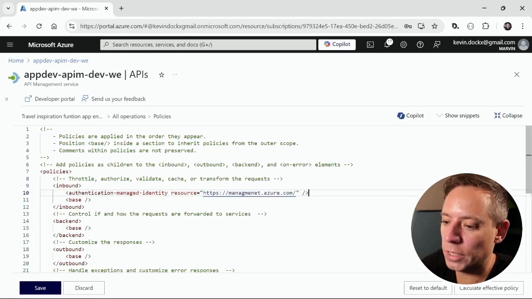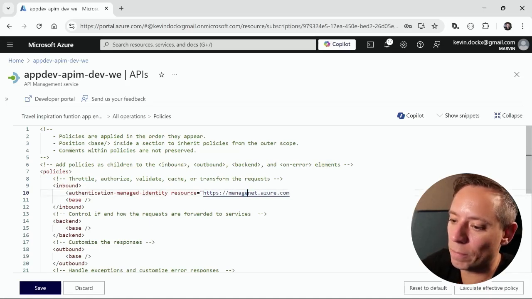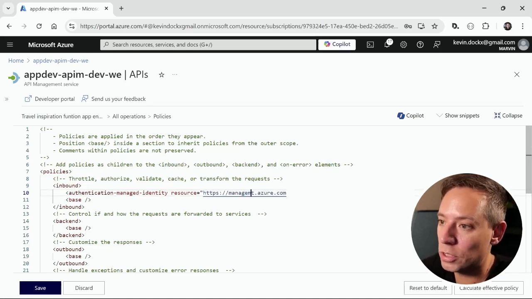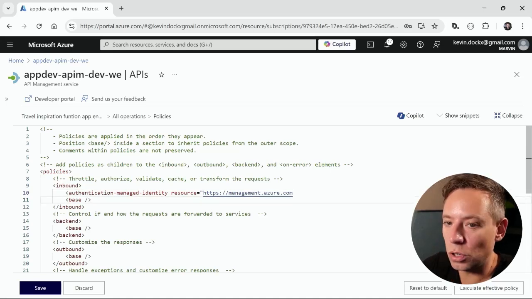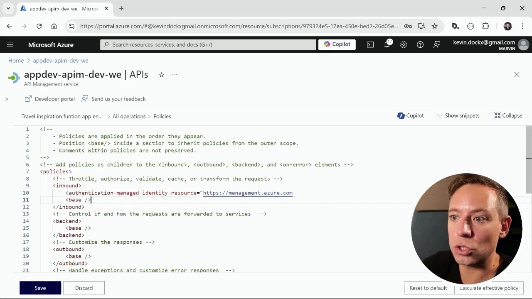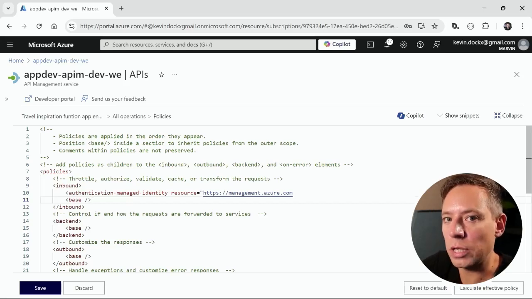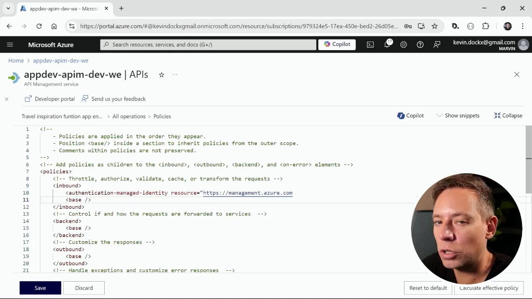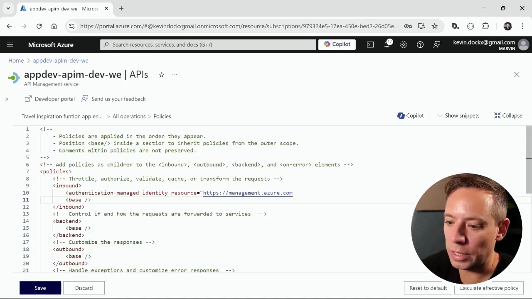Let me get rid of my typo here. Otherwise, it's obviously not going to work. So what this line of code, this policy will do is generate a token using APIM's system-assigned managed identity, and it will automatically set it as bearer token value for the authorization header for downstream access to the function app endpoints. Let's save this